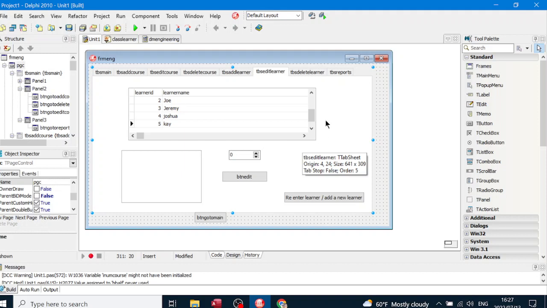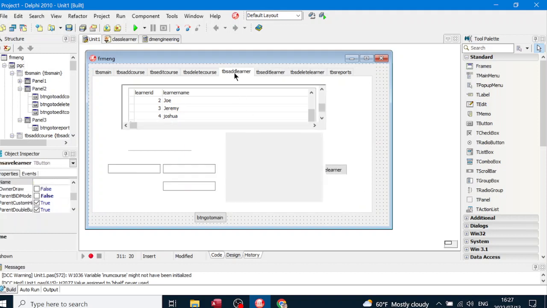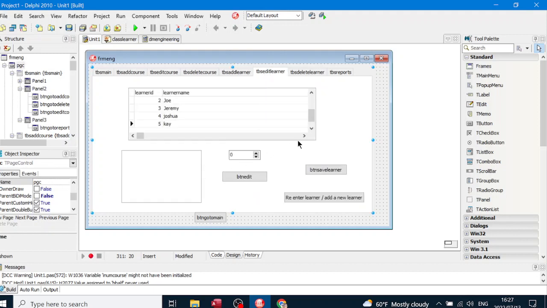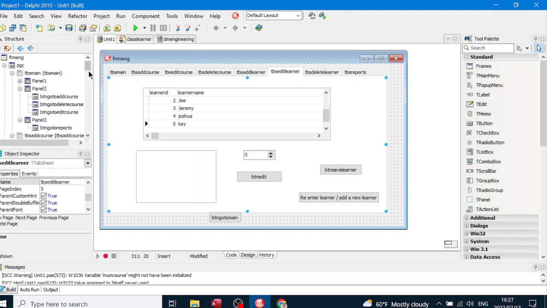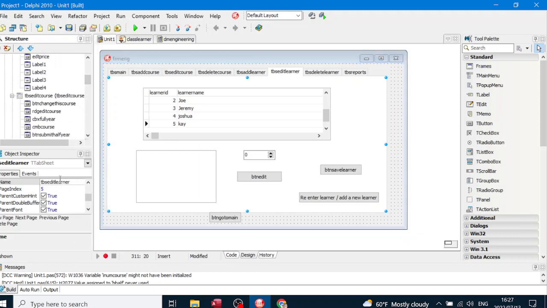Now this TBS edit learner is obviously used for the class in conjunction with this TBS add learner, just to make more space available. We can make another tab sheet and we can call this tab sheet something else. You can change any name you want. You're in control of your program. I'm going to call this TBS add 2,